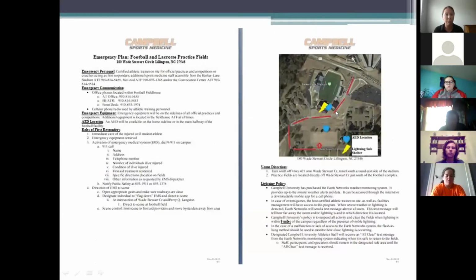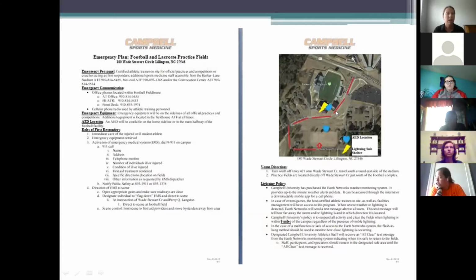So here's an example of the Campbell Sports Medicine EAP for the football and lacrosse practice fields. EAPs can look different depending on your school. Some can be very lengthy and include, on the second page here, Campbell includes their lightning policy as well. But all in all, it has all the important information. It has the address, it has what personnel are on site. It includes important phone